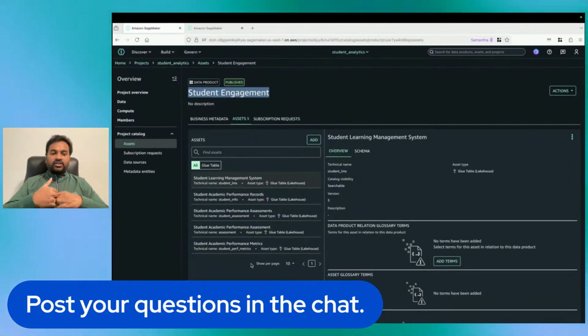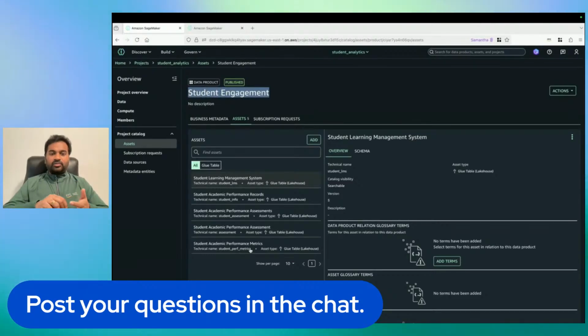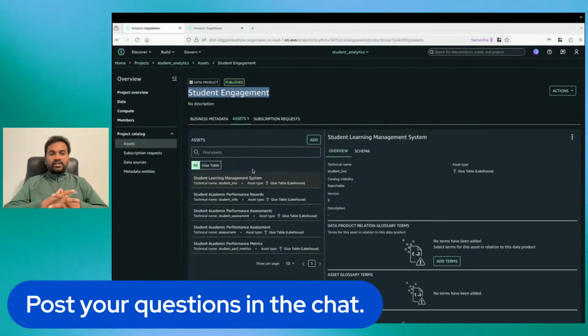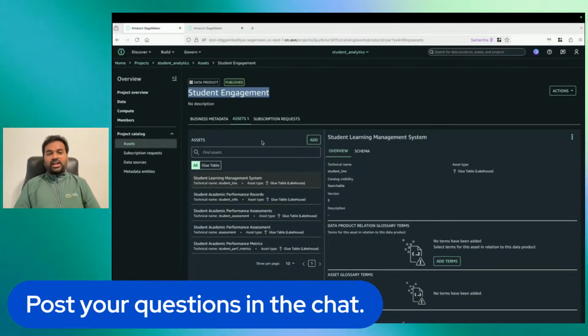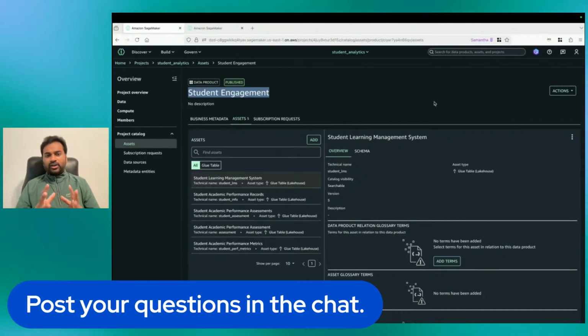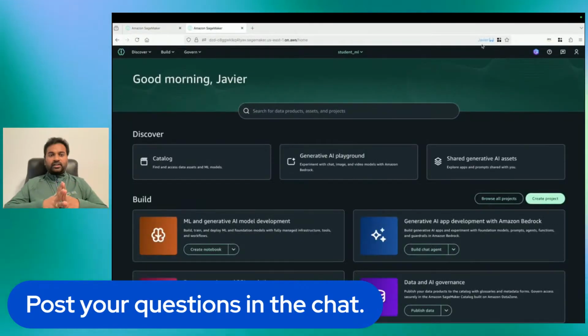As a consumer, when I want to subscribe to a specific product, I can just go and subscribe to it, and it gives me access to everything behind the scenes. It could be a table, it could be a file, it could be a model, all of it. The bundle itself is logically contained. It's like a logical container, and that gives me access to all of it in one single shot. That makes my life easy when I switch to the consumer hat, and it's also easier management for the producer. So now that this asset is published, Samantha's role is kind of done, and now Javier comes in as